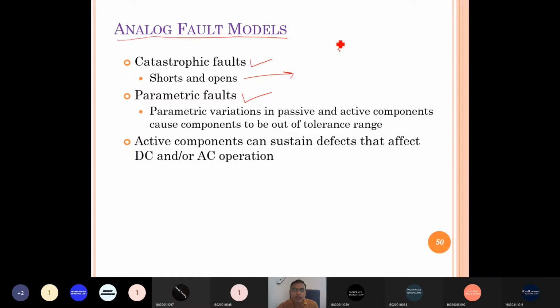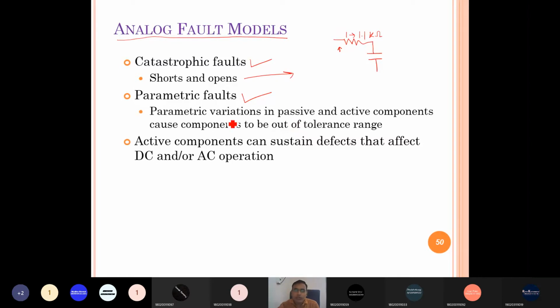Even if we have used a single resistor or capacitor in the design, and its value changes from 1 to 1.1 kilo ohm, it also affects the performance of the analog design. There is no such noise margin in analog design. So any slight variation in component value affects the performance of the analog design.